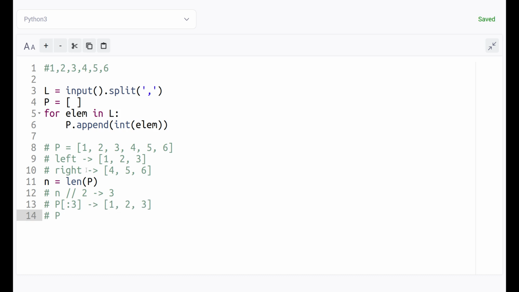Now what about 4? What is the index of 4? 0, 1, 2, 3. Index of 4 is 3. So P of 3 colon is nothing but 4, 5, 6. So what have we obtained? By knowing that n floor division 2 is 3, and by using these two as the end point and beginning point of two slices,